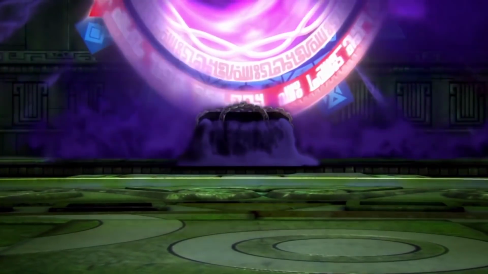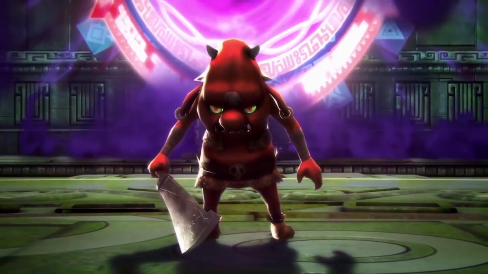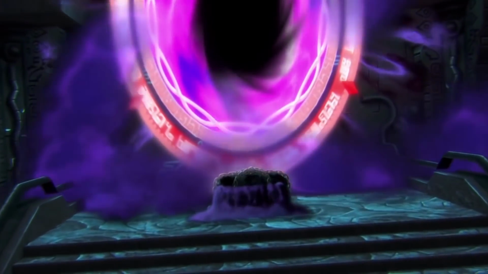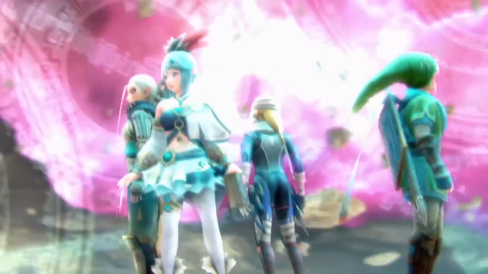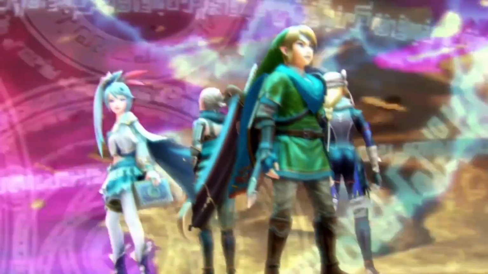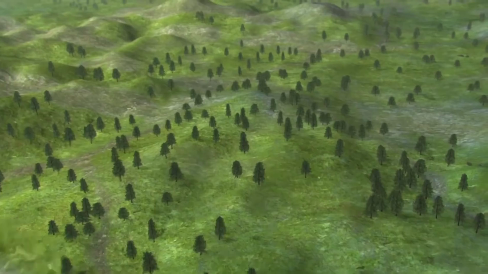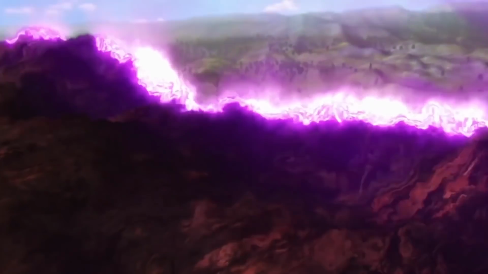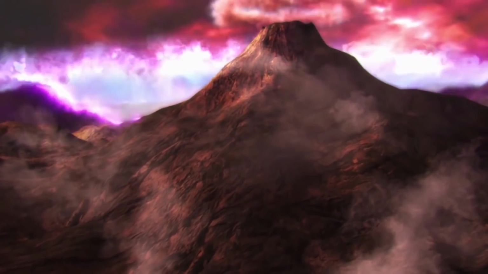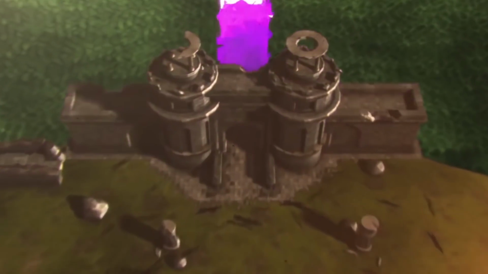Anyway, Sia was able to get a hold of monsters by utilizing the Gate of Souls, a portal to different times and space. Times and space, huh? Interesting. As the game continues, Link, Zelda, Impa, and Lana attempt to stop the resurrection of Ganondorf. However, the Gate of Souls is also used to bring notable heroes, enemies, and land masses from different time periods as well as different spaces, aka different timeline splits.